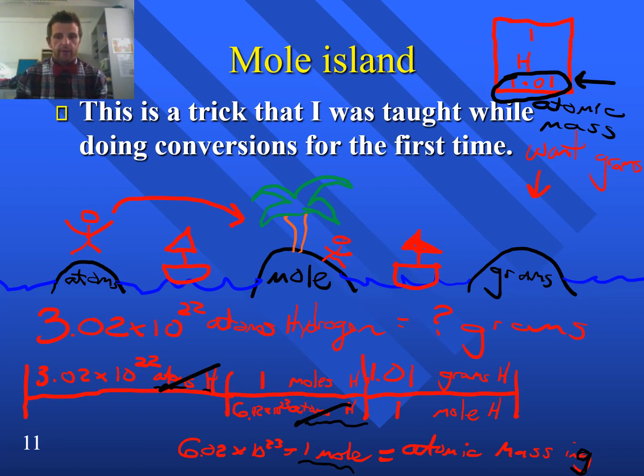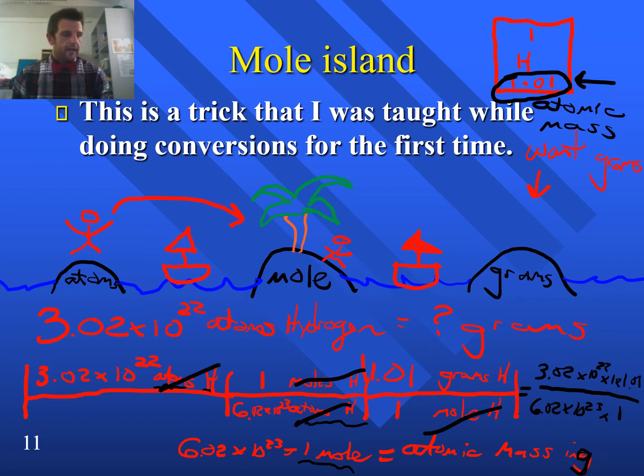I can cancel out my old unit, moles of H divided by moles of H will both go away, and then now I can just put this in a calculator. So I would put this in as 3.02 times 10 to the 22nd times 1 times 1.01 divided by 6.02 times 10 to the 23rd times 1. As I put this in my calculator, I see that I'm going to get, let me do the conversion quick. My final answer should